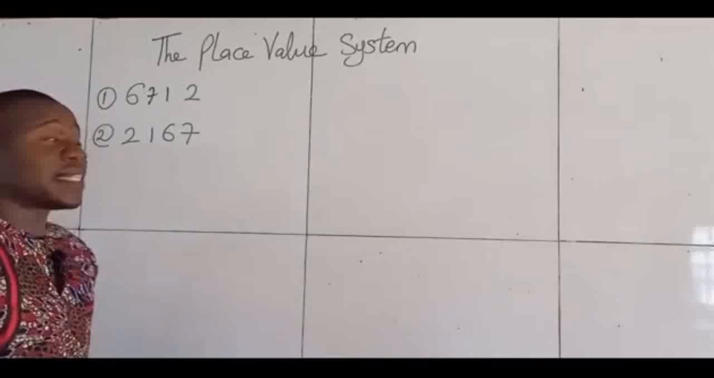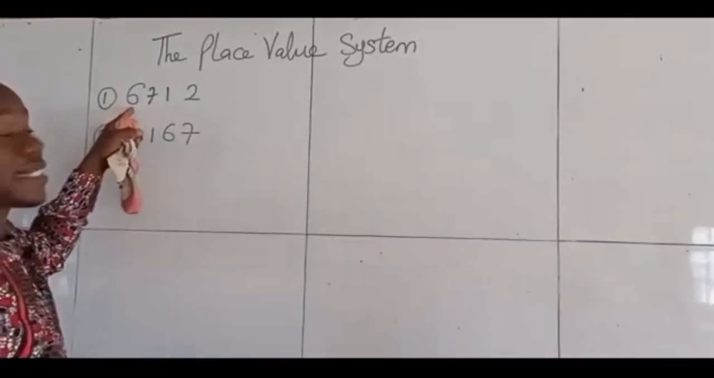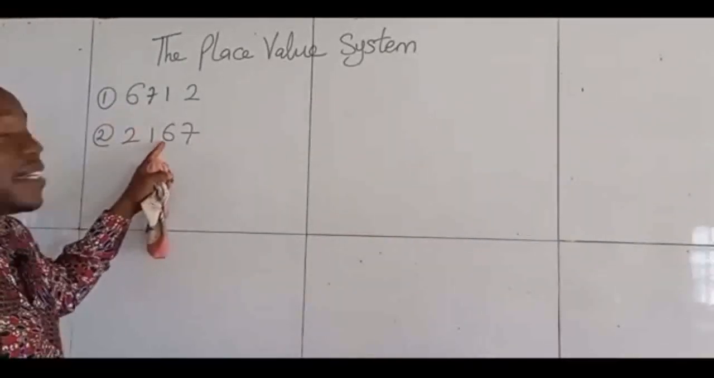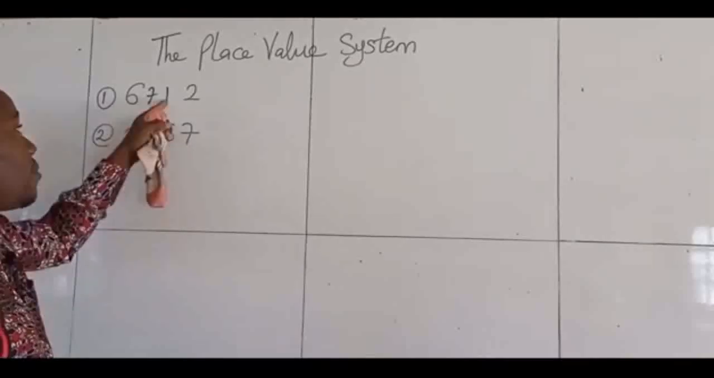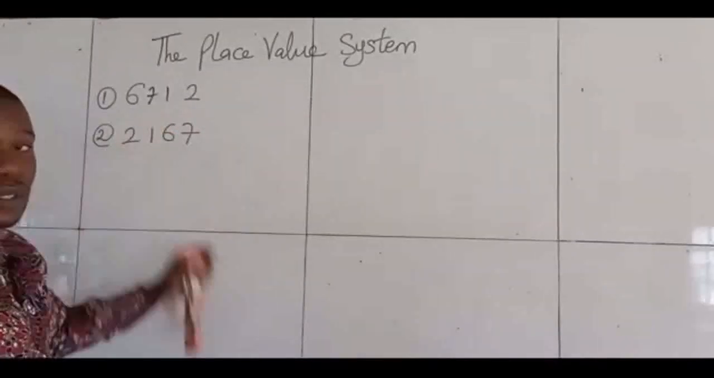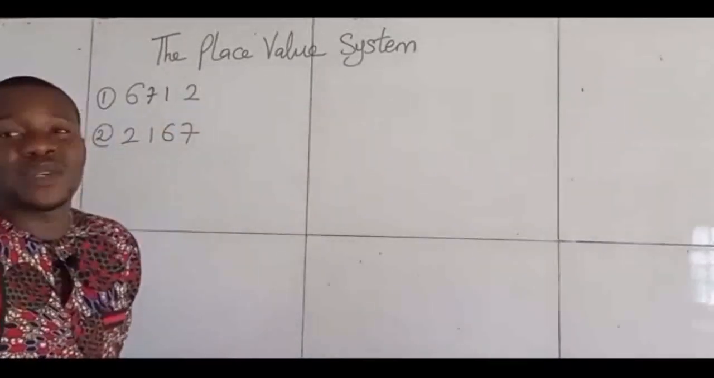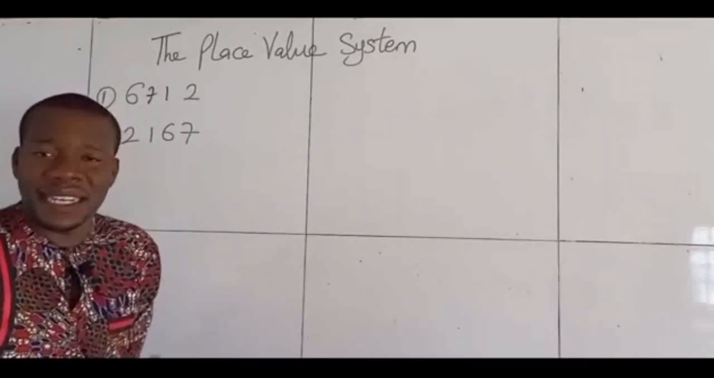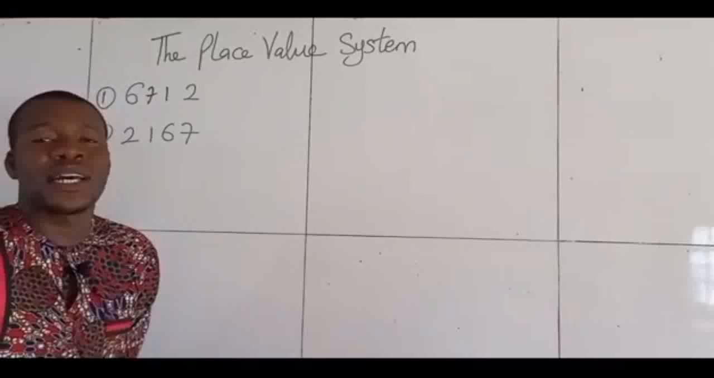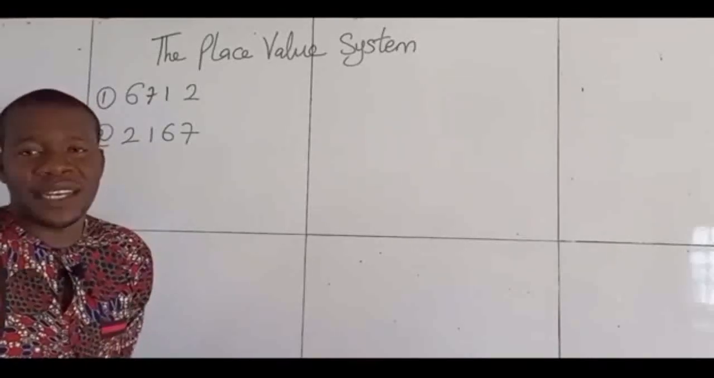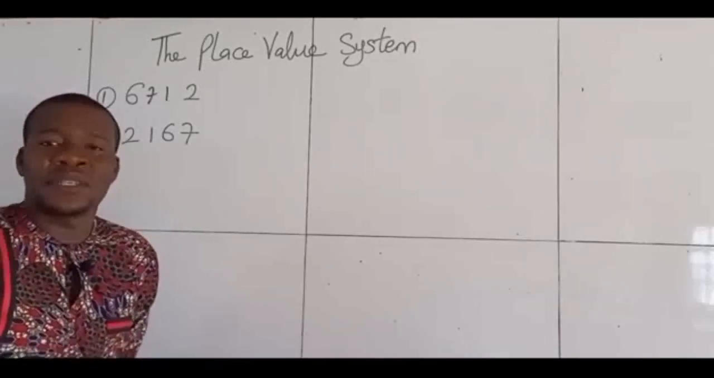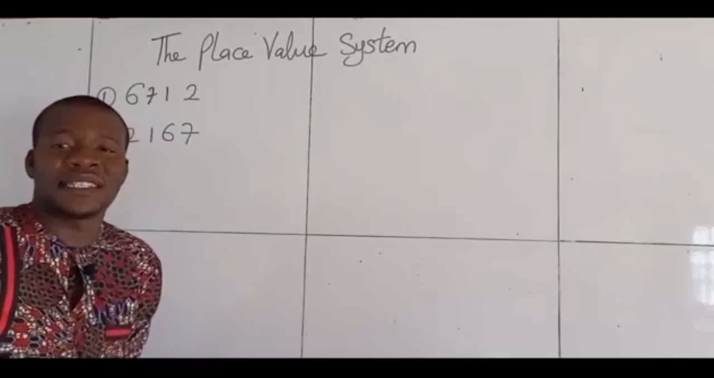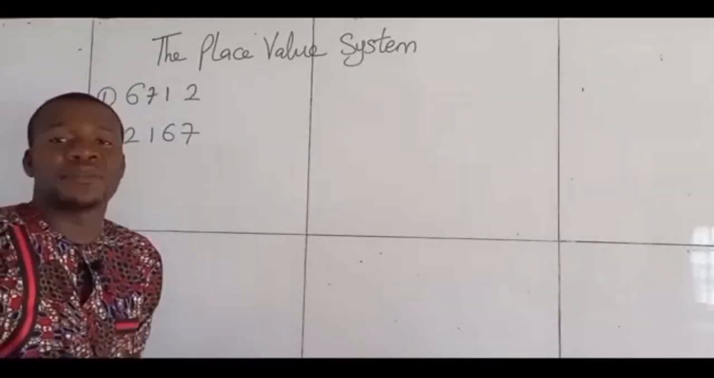You will notice that we have 6 here, we have 6 here. We have 7, we have 7, we have 1, we have 1, we have 2, we have 2. That means that these two numbers contain the same digits, yet they are different numbers. So the question is, why are they different? The reason is that the digits that make up the numbers